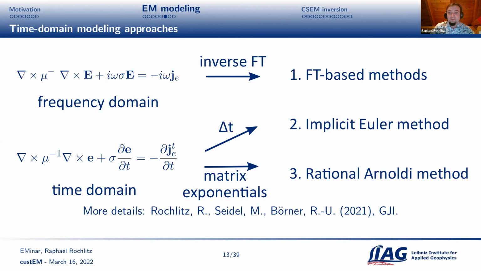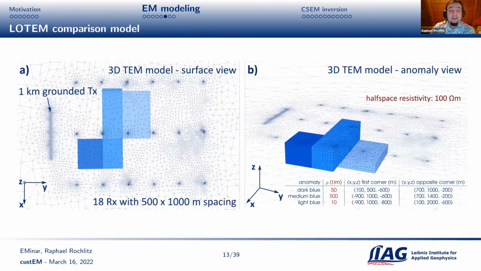And we have also Krylov subspace methods. So in this case, we consider the rational Arnoldi method published by Ralf-Uwe Börner before. The example we used for the comparison here is a 3D model, which looks kind of a bit similar to